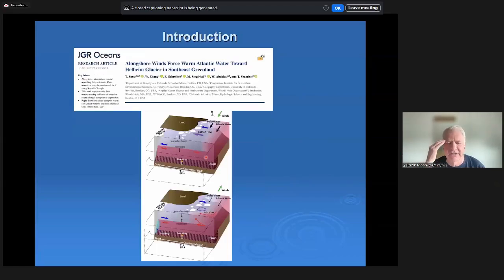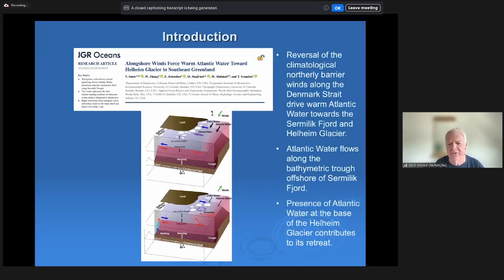There's been a lot of work on the role that the atmosphere plays in forcing this Atlantic water onshore into the fjords. There's a paper written a couple of years ago, and the argument is that the typical flow in this region, what are typically called barrier flows, are from the north down along the coast here. When they reverse, it's that reversal that drives the Atlantic water up towards the face of the glacier, where it contributes to the melt of the glacier. So this is the basic idea: the winds are controlling the influx of this Atlantic water